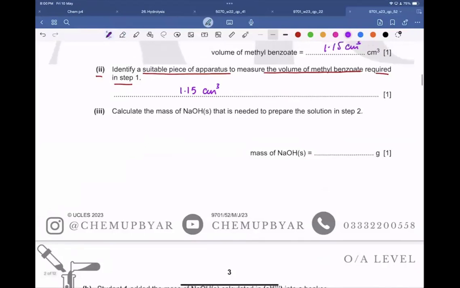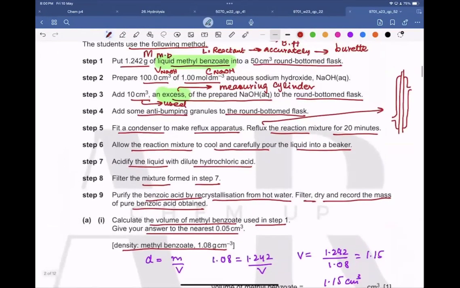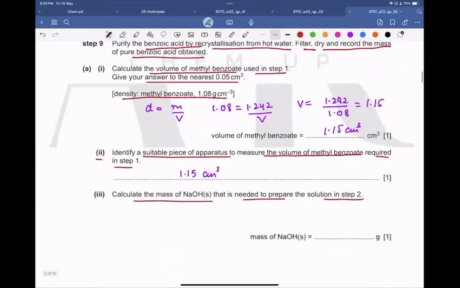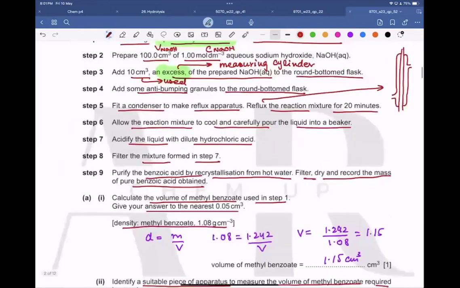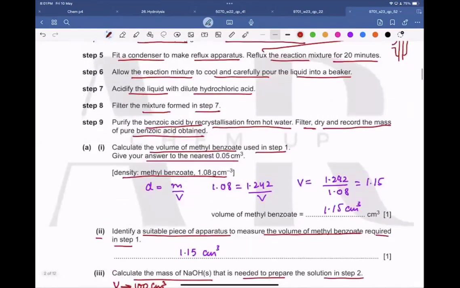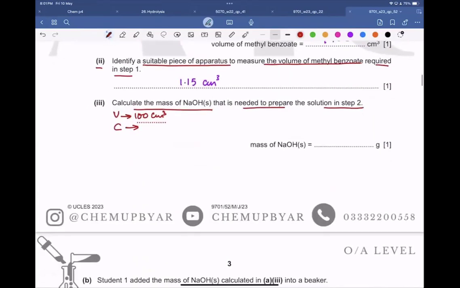Now, calculate the mass of sodium hydroxide that is needed to prepare the solution in step 2. So we have to see in step 2 what volume we have prepared. The volume that is prepared is 100 centimeter cube, and the concentration that we need is 1.00 mole per dm cube, right? So from this we can,